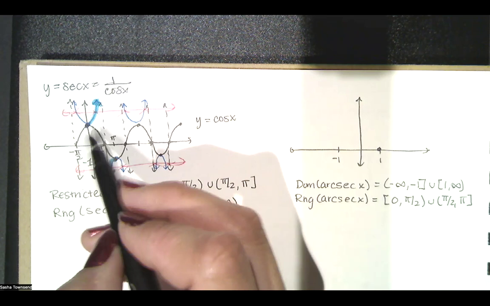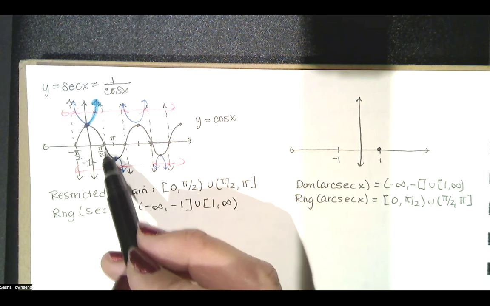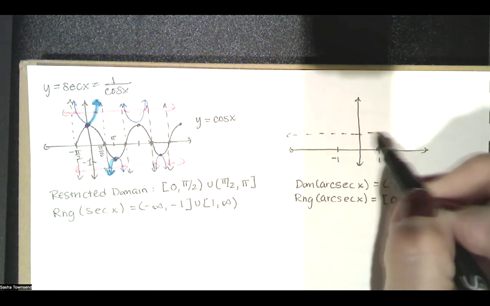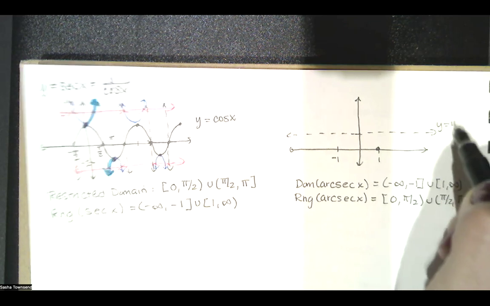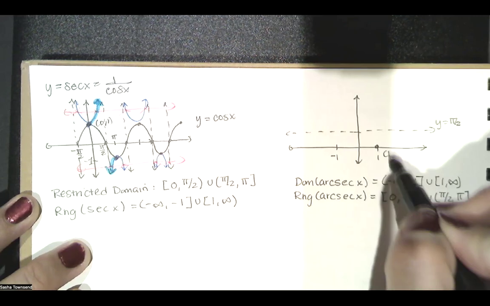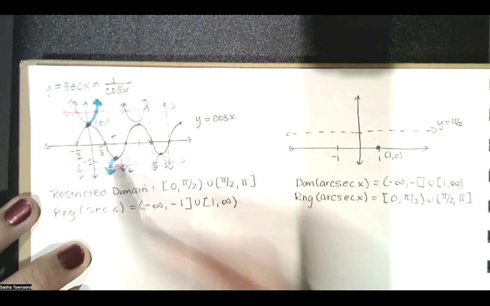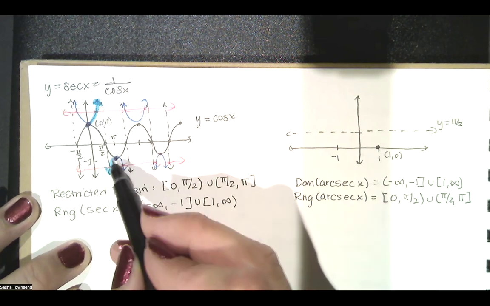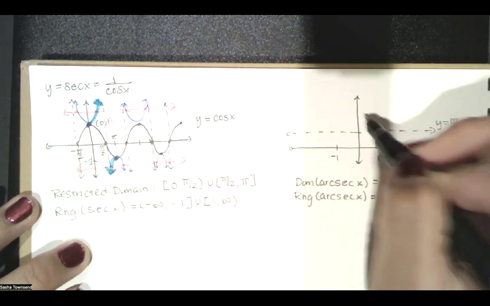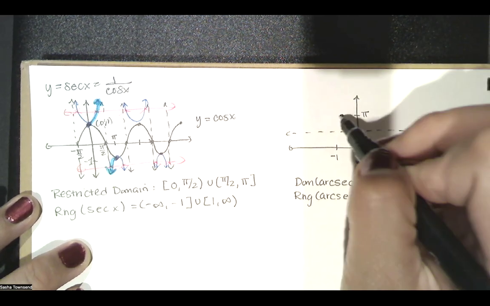Now this function has a vertical asymptote, x equals pi over 2. So when we switch the roles of x and y, our graph is going to have a horizontal asymptote, y equals pi over 2. This was 0, 1, and this is 1, 0. Now this is the point x equals pi, y equals -1. If we switch the roles of x and y, we have x equals -1, y equals pi. And now we want to